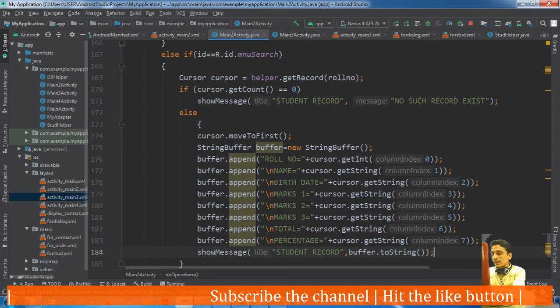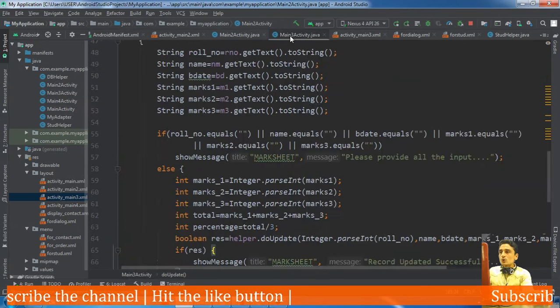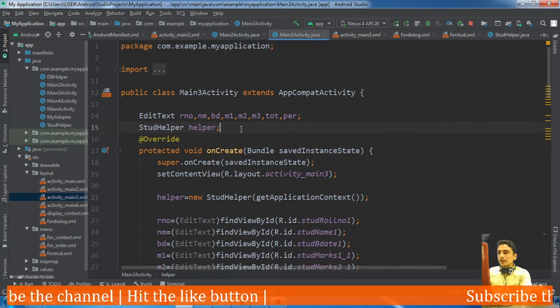One more thing I would like to tell you is that if client select to update, in update activity 3, okay, we are presenting client with all the edit views for inserting the data, but there is also one field for birth date. For birth date we are using date picker dialog, so the same coding which we have written in the activity 2 should be written here also in activity 3.